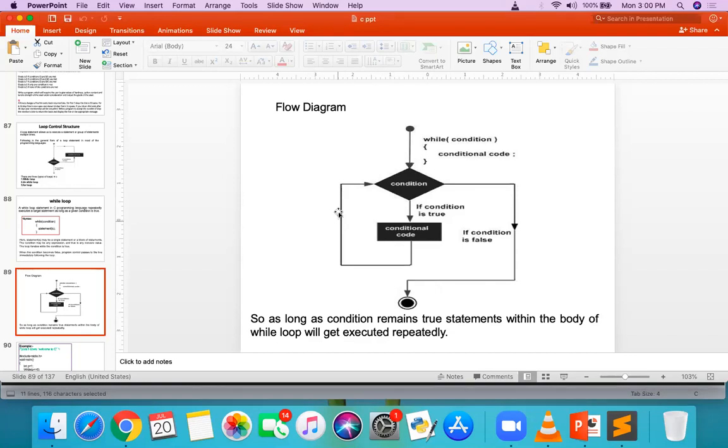Generally we make an infinite loop by writing while one, and inside that while one we put our code. So the written code will be executed continuously. Generally embedded systems use this concept. In an embedded system, in your PIC or 8051, we generally put our code, blinking an LED or whatever the code is, inside the while one. So while one represents executing this code infinite times. Okay.